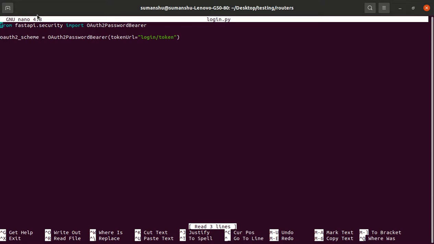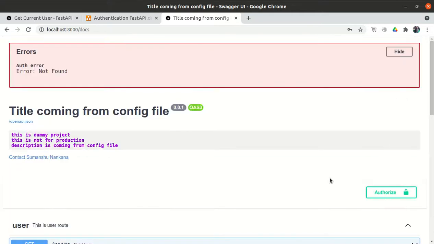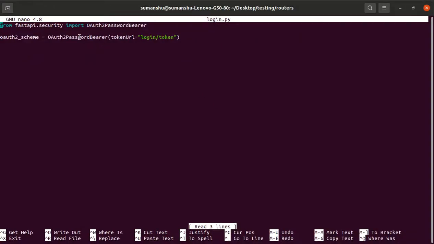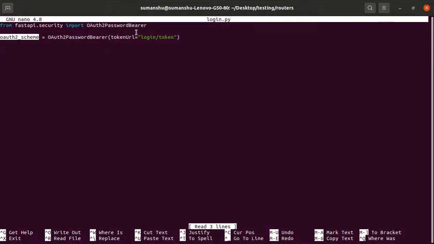Using the OAuth2 password bearer, we created this form and created the object of this, and we said that when we enter the username and the password, it will do something, an operation like /login/token. We told it to perform this, but we have not defined this path. So let's define the /login/token path.